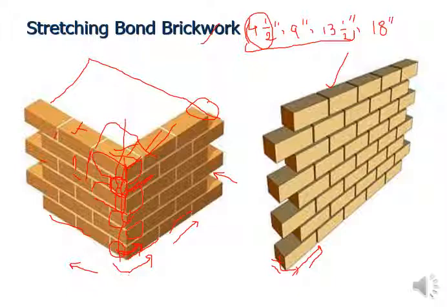So if this is true, then very easily you can change the orientation of the brick to place the 4.5 inch on the other side, the front face of the wall, and in this front face of the wall it will be 9 inch. If you place your brick like this, 4.5 will be coming at the front face of this side, and the 9 inch dimension will be at the front side of this side of the wall. So it confirms that your even course is converting into an odd course for the second directional wall. That is very important.